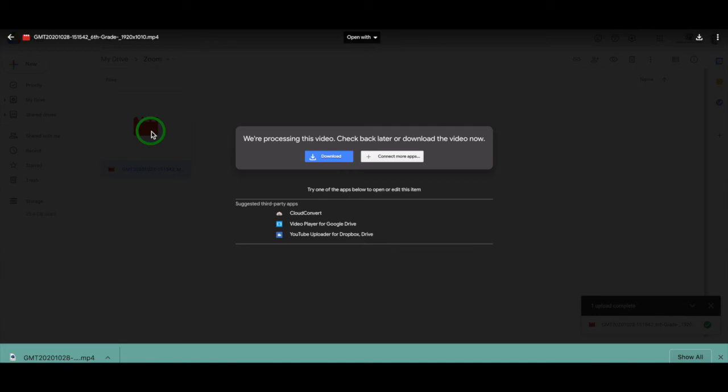If you give this enough time, it typically takes about a half hour. So depending on how big your video is, it could be more or less. If you give it time to process, it is no longer going to show up like this in Google Drive. It's going to show up as a video preview with a play button, and we can watch that video directly